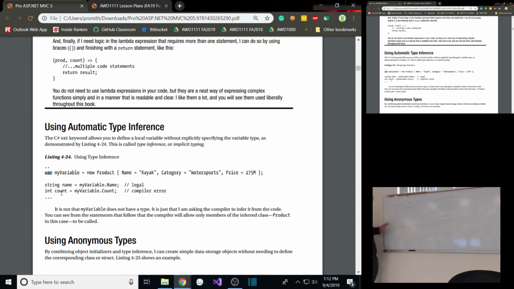Because I'm trying to put a string into a variable that's an int, right? So if I put var here, that's the same thing. It's just going to replace this var with int. So I'm still going to get an error on this line, right? Now, if I put the word dynamic here,